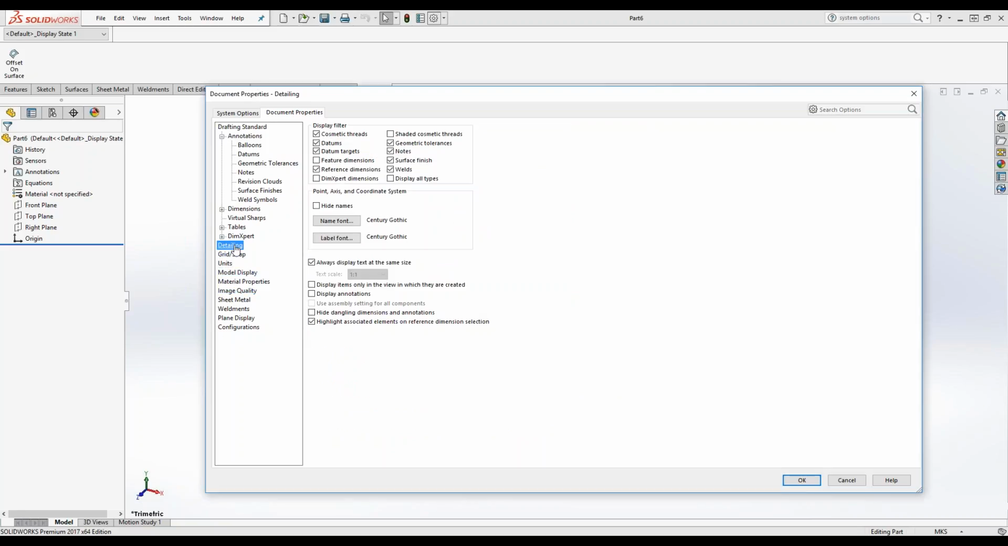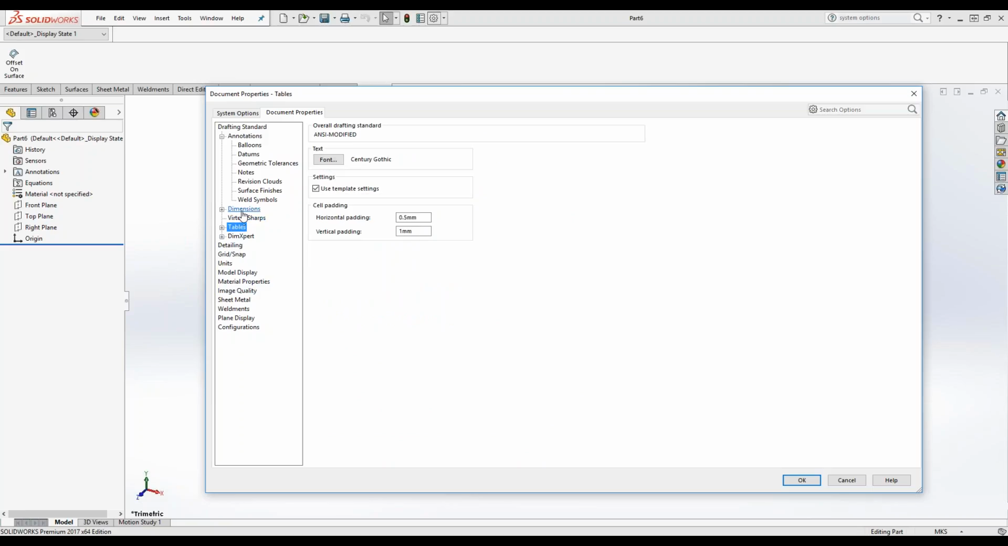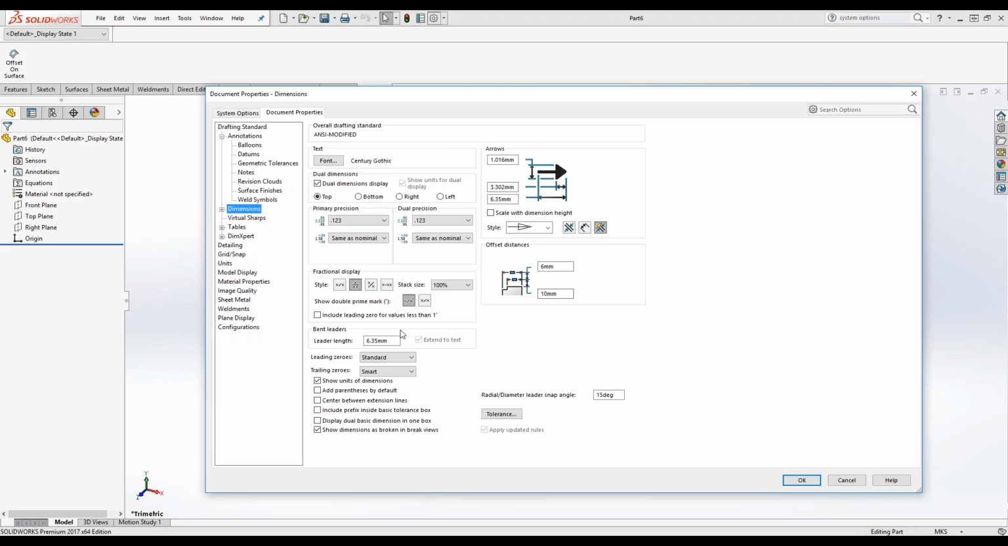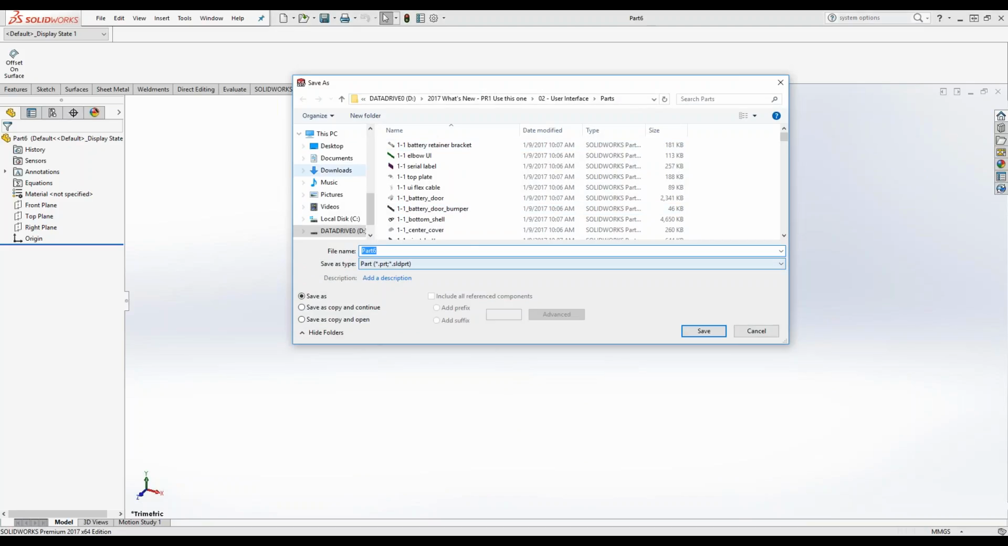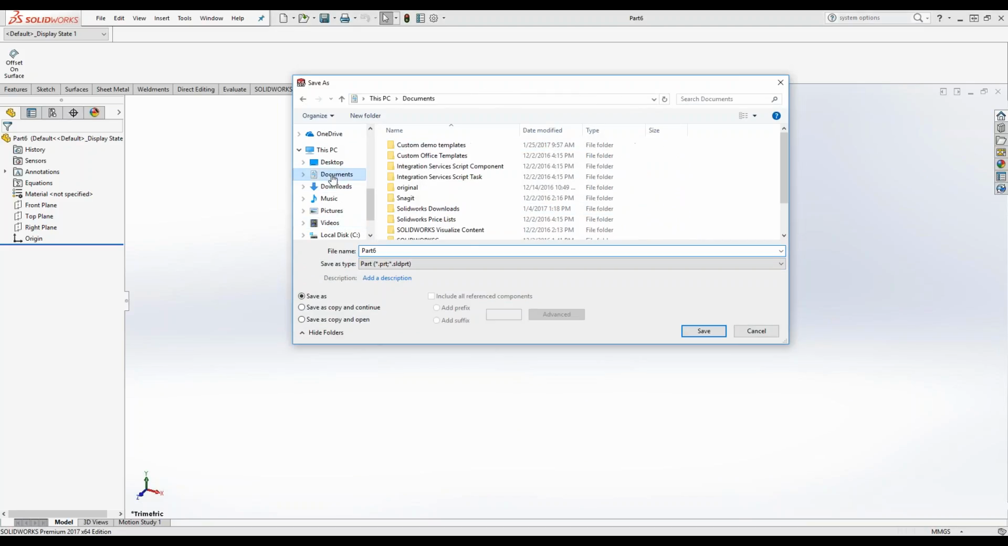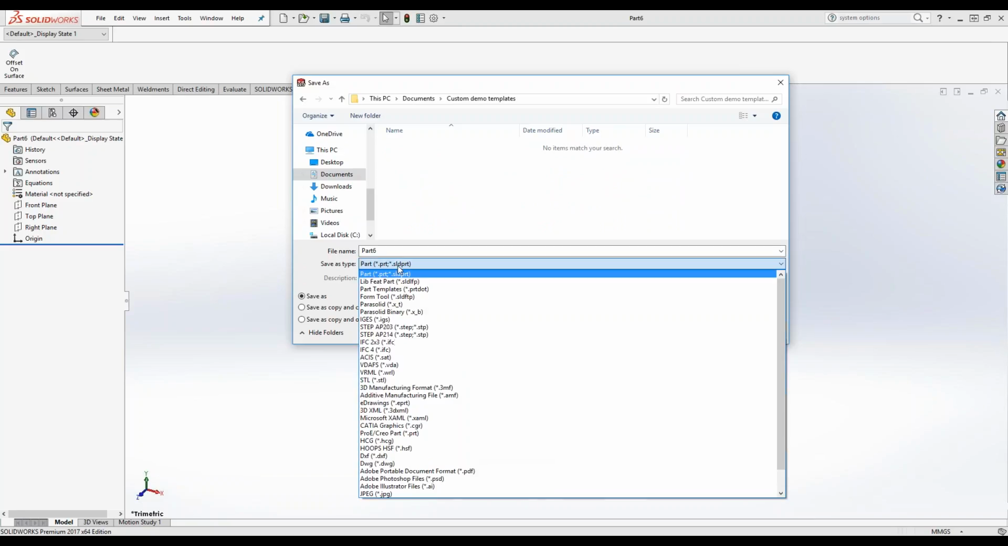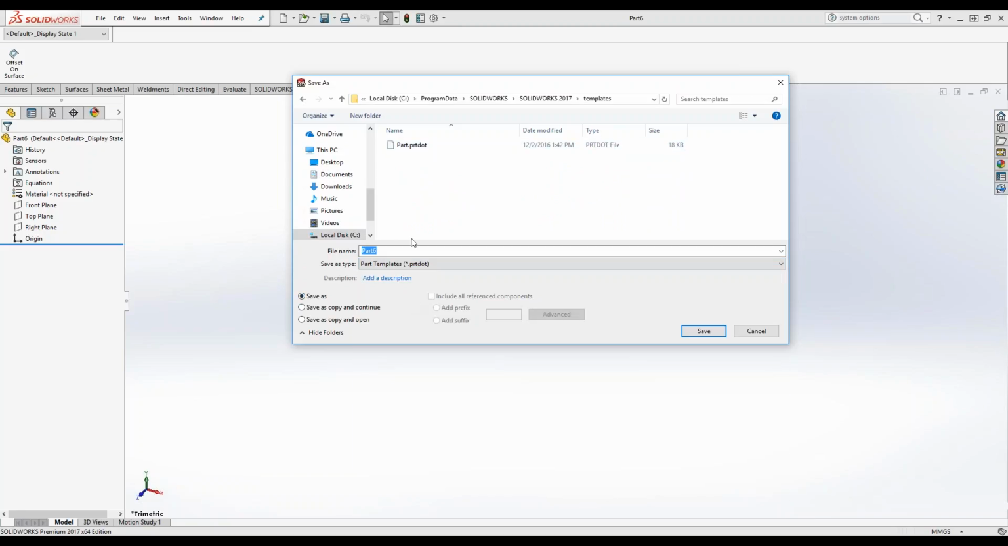There's so many other things that you can customize in here, right? All these different items, whatever you want to essentially customize for your template. So this is where you create everything to meet your needs. Then I'm just going to hit OK. And then very simply, I'm going to do a save as. I'm going to browse to a location. In this case, I have a folder created in my documents folder called custom demo templates, and I'm just going to save this out as a .prt file, and I'm going to call this a